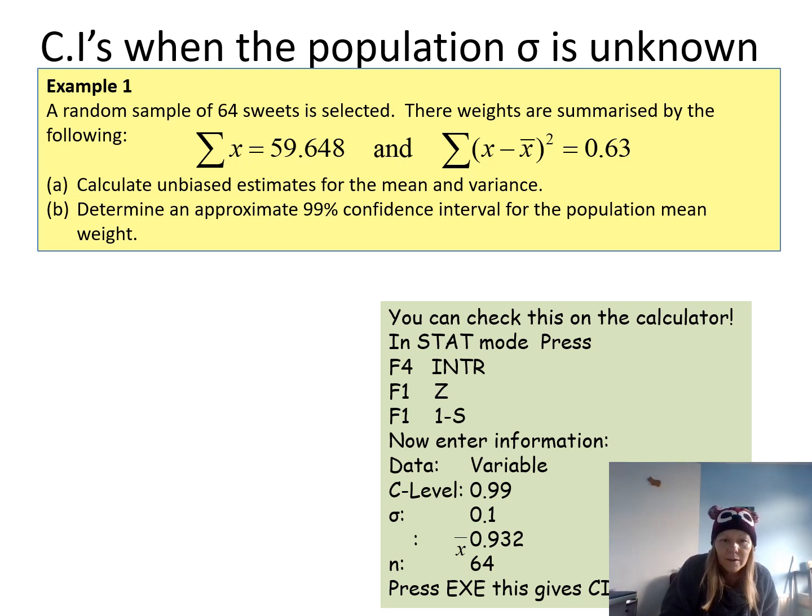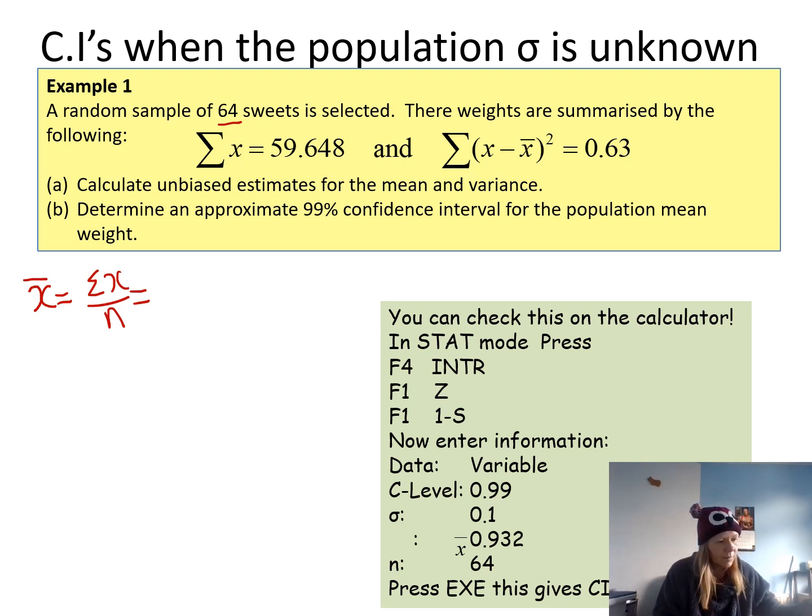So x bar here. Let's get the pen going. So we've got x bar equals the sum of the x's over n to find the mean, and if you do that, there's your n, there's your sum of the x's, so that works out at,